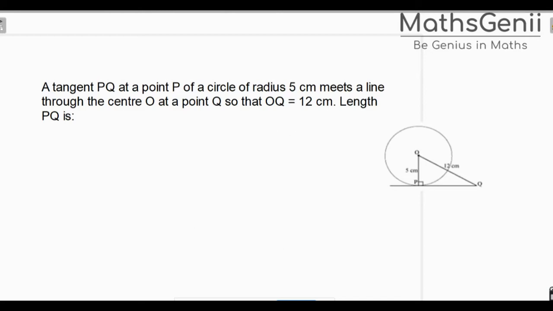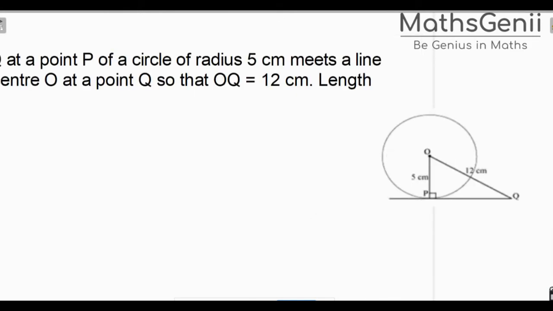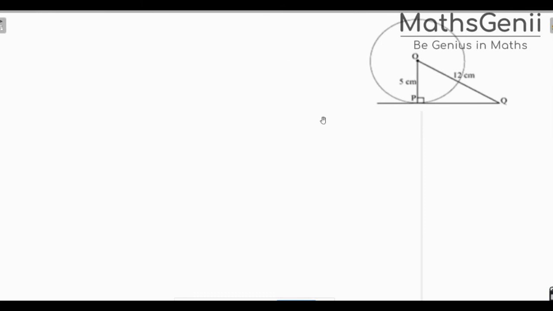Okay. Now this is a boring question. I've turned it into an interesting diagram. So you have to first draw the diagram. Without diagram, how will you solve the question? Now this he's asking me. I have 5, I have 12. I don't have this. Now, what I'll do is, here I have drawn 90 degree. Why? Because we just did a theorem, right? When a radius is perpendicular to tangent. So, I've drawn 90 degree here.